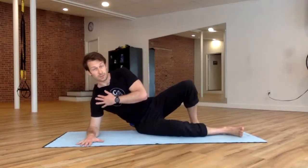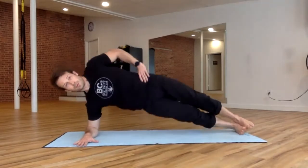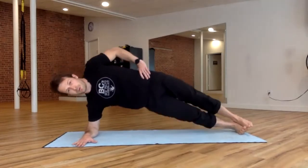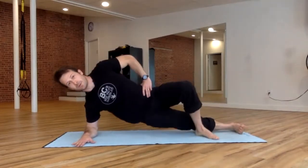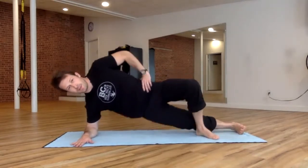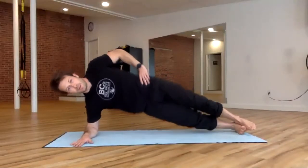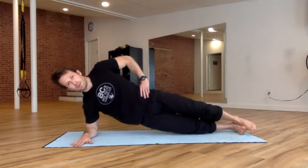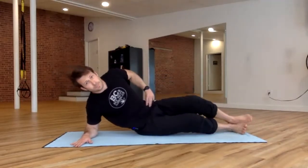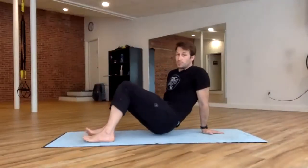Again, staying really strong through that shoulder. And even if you start out with feet stacked, if you need to stop halfway through and give yourself a little bit of support with that foot, go for it. Cool. Once you finish your 15,